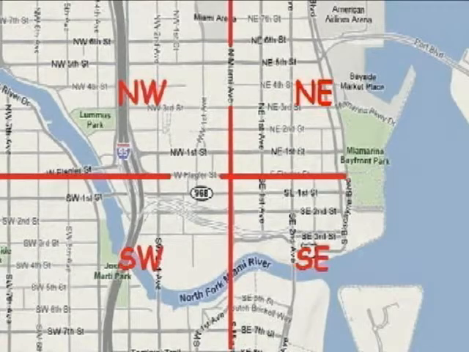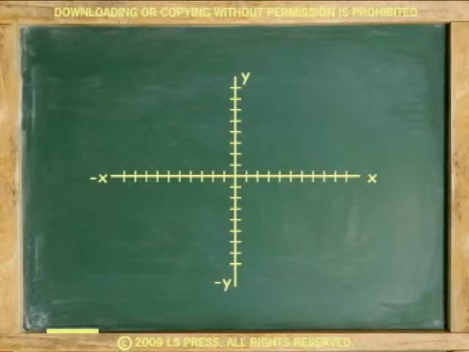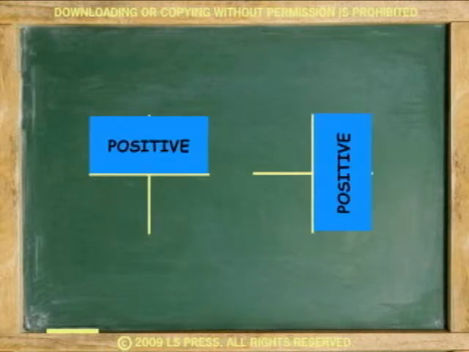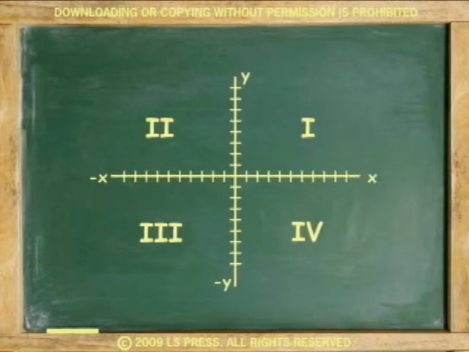Just like in the map of the city of Miami, the coordinate plane is divided into 4 quadrants. Named Roman numerals 1, 2, 3, and 4. These quadrants divide both axes into positive and negative sides. Because in the coordinate plane, positive is to the right of the vertical axis and above the horizontal axis, quadrant